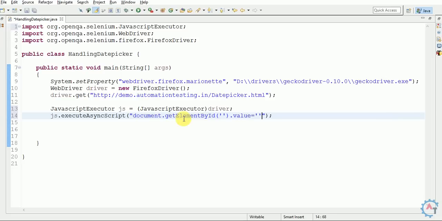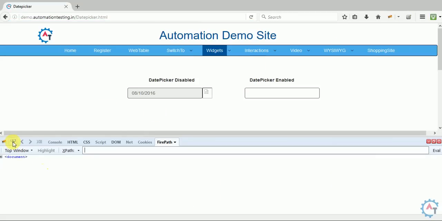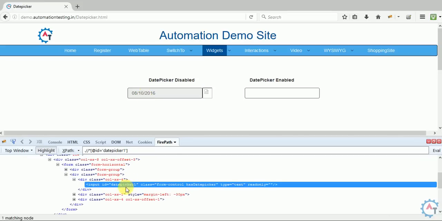You have to mention which date you want to select in this value, and you have to pass the ID of that element in this parenthesis. Like, I'll go here and inspect this date picker, and you can see that the ID for this is datepicker1.